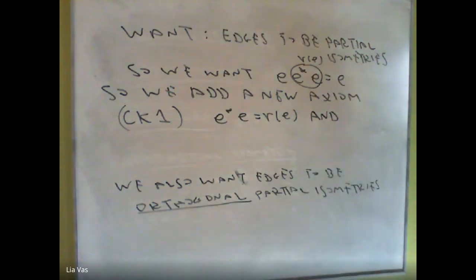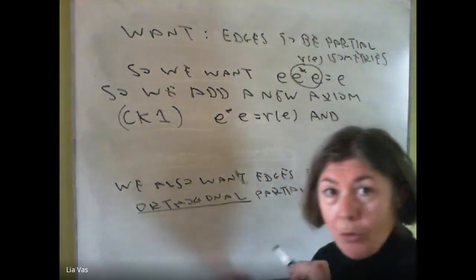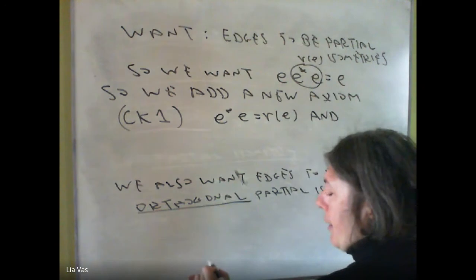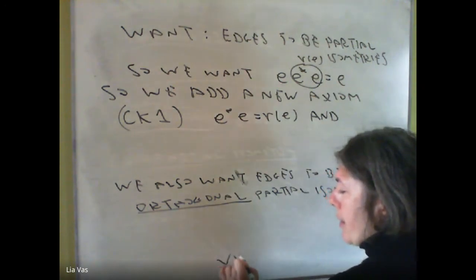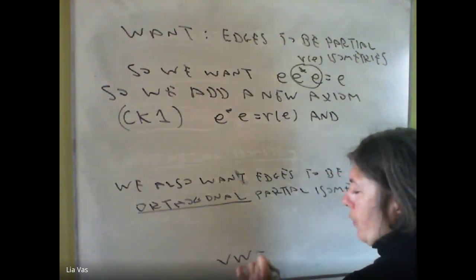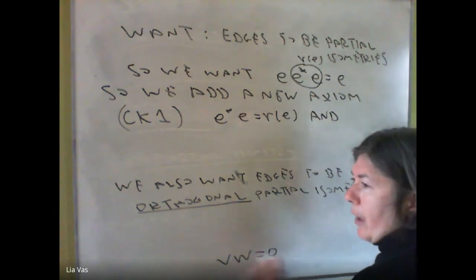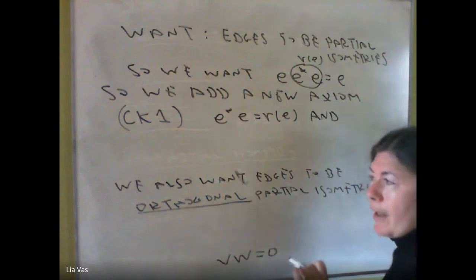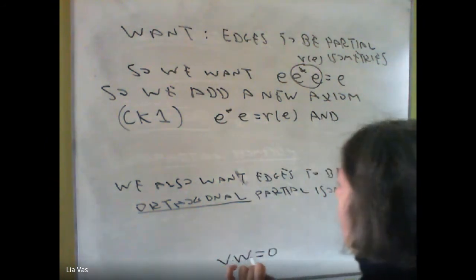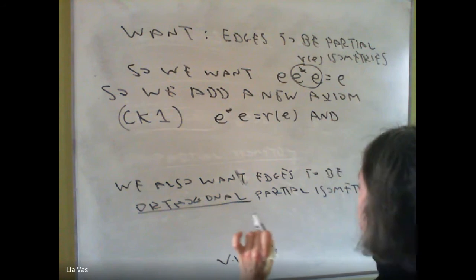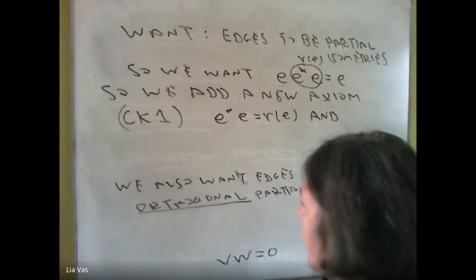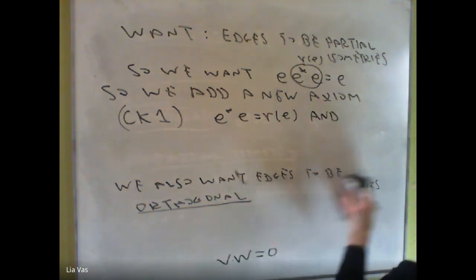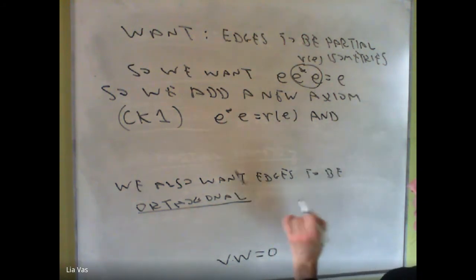Let's try to remember from yesterday's story in which sense we have seen that. We have seen it yesterday when we wanted these vertices that are different to multiply to 0, and then we said that they are orthogonal. So in that same sense, right? So we want these edges to be such that, not really that they are themselves orthogonal partial isometries, but such that